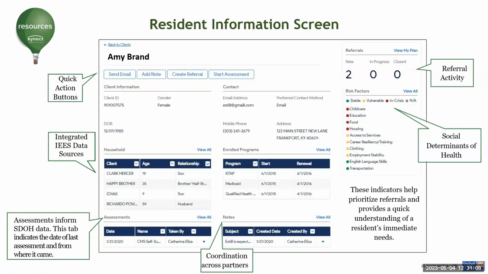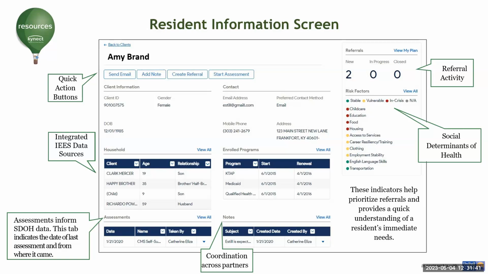And once you're onboarded, we do have a consent process for getting to this screen. Now, prior to this, you don't have to go through the consent process to create a referral for a resident at all. You do have to be onboarded, but you don't have to have their consent to create the referral. But if you do gain the consent of a resident that you're working with, we're going to share with you, obviously, their contact information. There's a way to communicate through email, those quick action buttons that's secure.